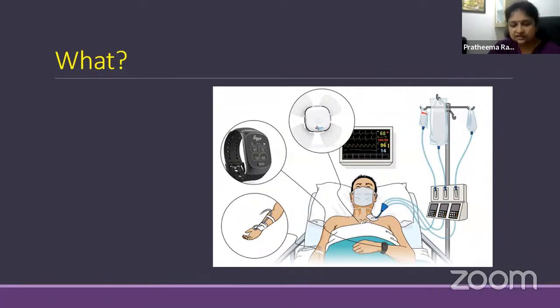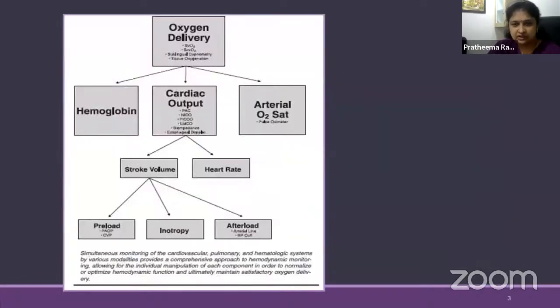A patient comes to the ICU when the patient is sick. In anesthesia, it need not be, but we need to always have a look at the heart and the working of the heart. So, oxygen delivery, basically, as I told you. Is the delivery very good? Is the tissue oxygenation very efficient? So what we look